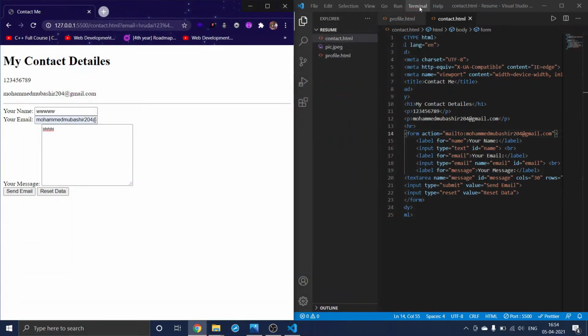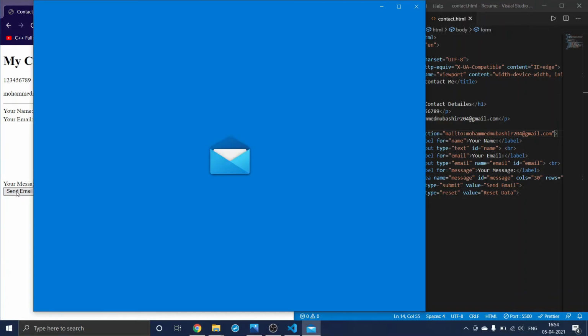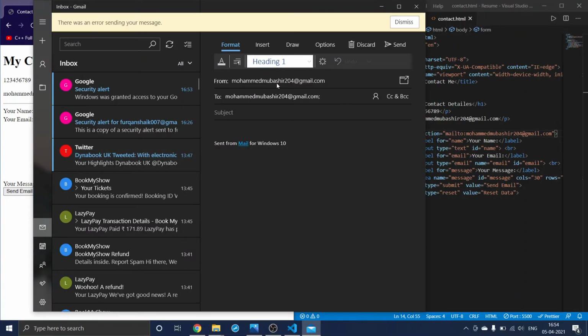So I have closed my mail again. What I will do is, I will again click on this send email. So when you click on send email, see, from Mohammed Mubashir to Mohammed Mubashir, because this is my email, right? If you are using someone's email or your email, you will get your email here, and whichever email you have written here will come to this place.